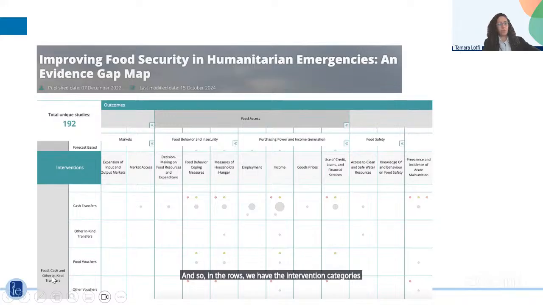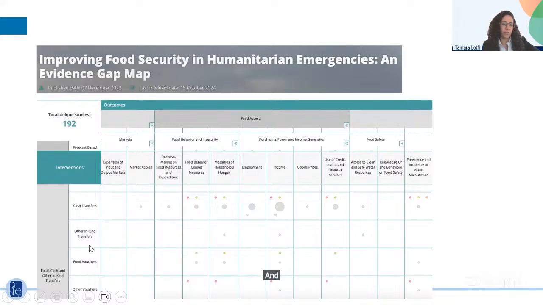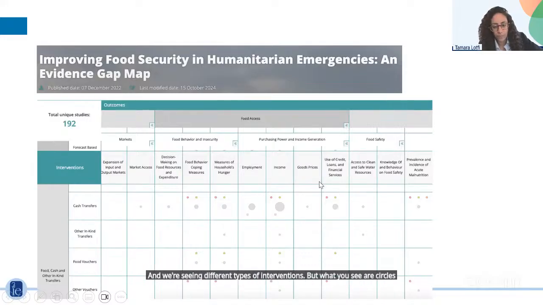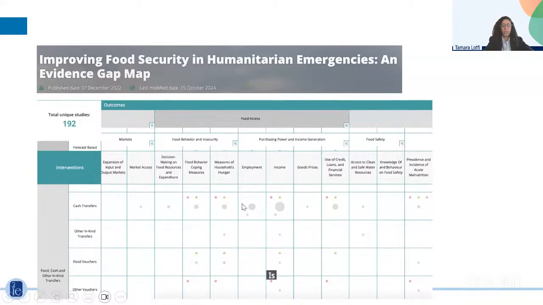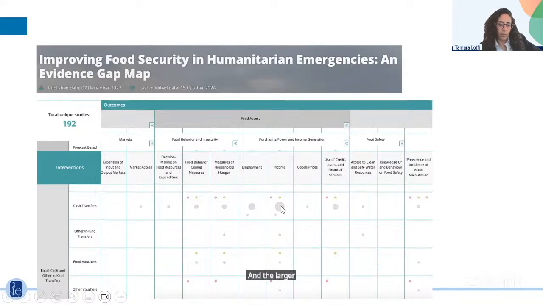Here we have food, cash, and other in-kind transfers, so we're seeing different types of interventions. What you see as circles or bubbles is where there is evidence on the combination of intervention and outcome. The larger the bubble, the more evidence exists.